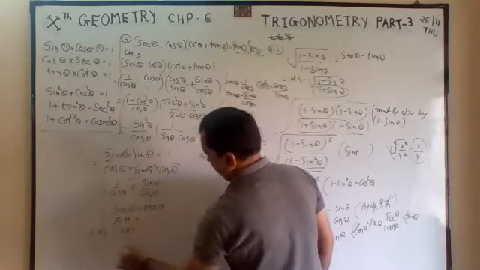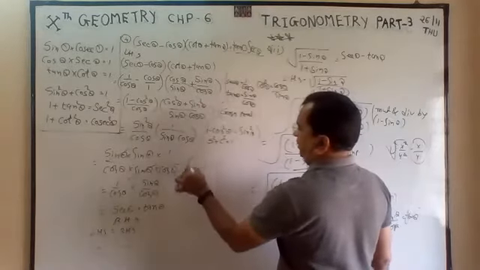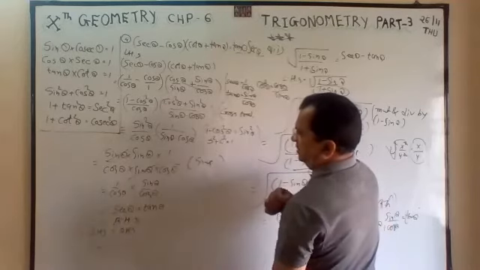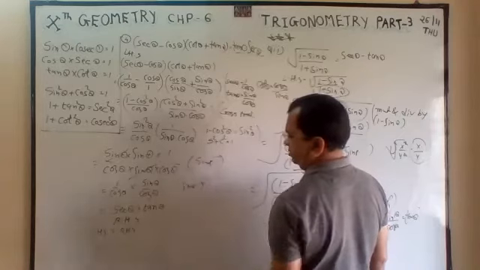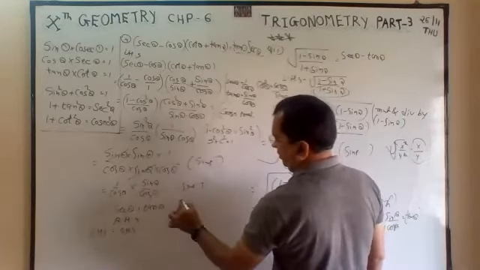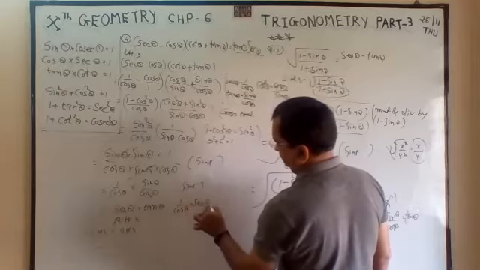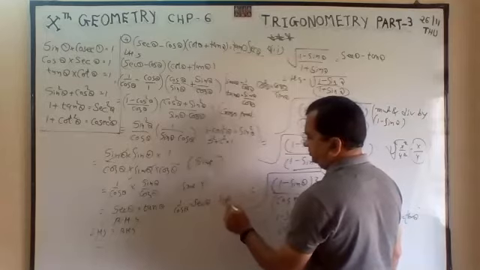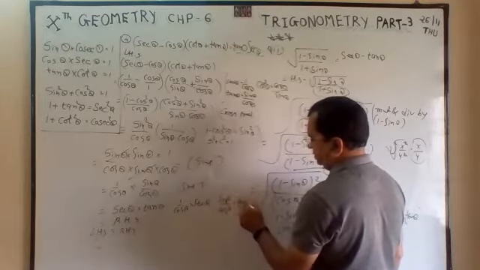Then write the full equation, okay? Here I have written simplify. I have done simplification. Here sin cancels, simplification. If you do not write it, it is okay. Here what I have done, 1 by cos theta is equal to sec theta. Here what I have done, sin theta by cos theta is equal to tan theta.